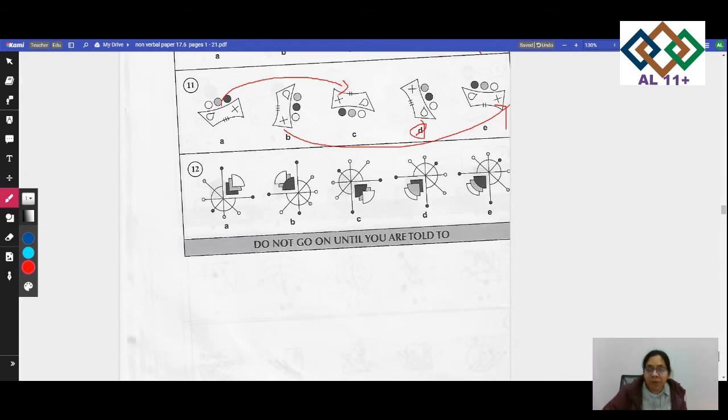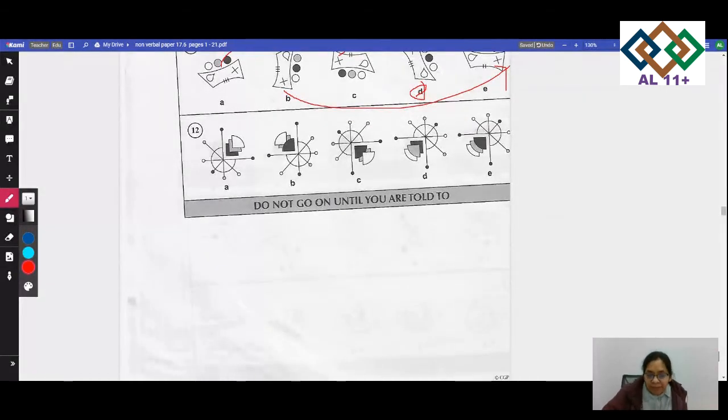Number 12 now. In number 12, we are looking at the shapes, and they're saying all other figures, the circles, lines, and dots, are in rotation of each other. Again, the same thing is happening in this one, except one of them, and that's P.